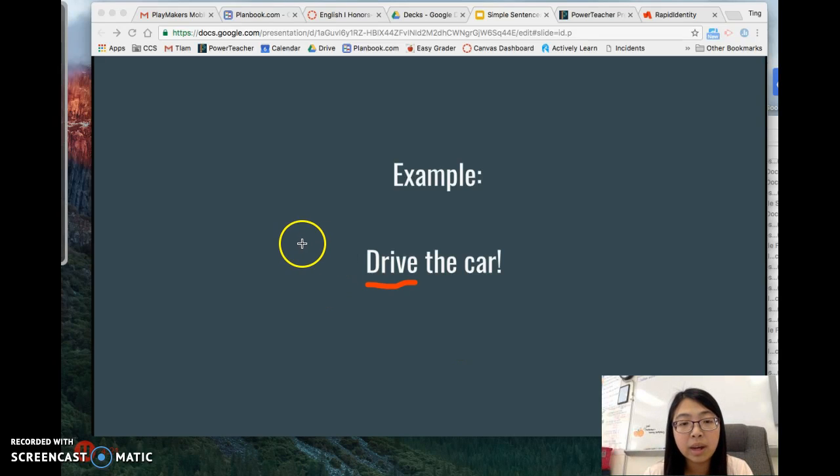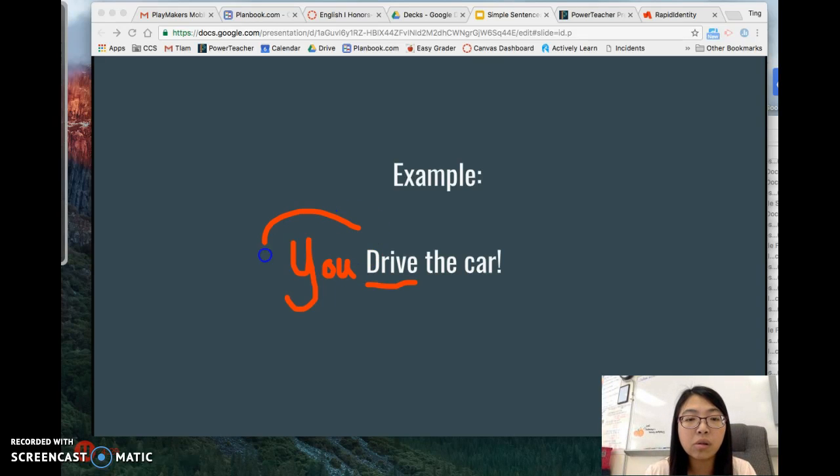So what you do is when you're marking up this type of sentence, this kind of command, you're going to write in front of it, you, and it's okay for you to do that on your notes, just right in front of it. And then you circle that as your subject, you. All right, moving on,